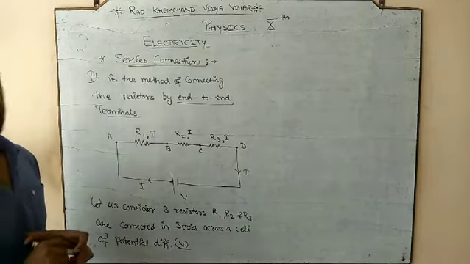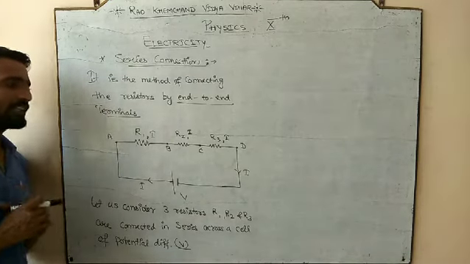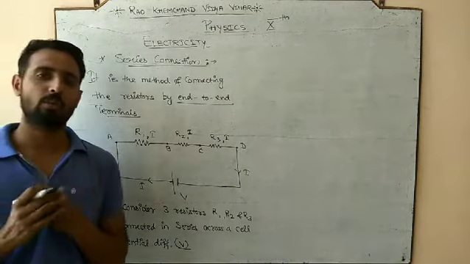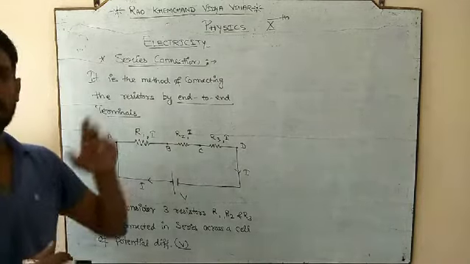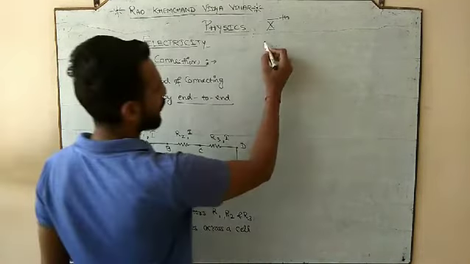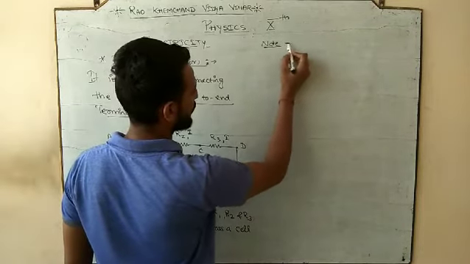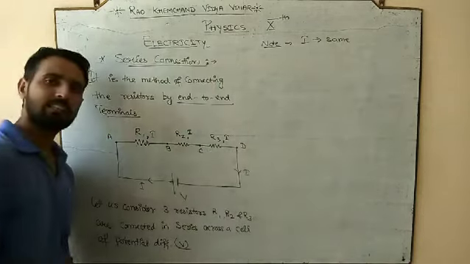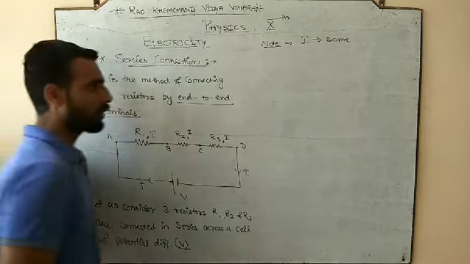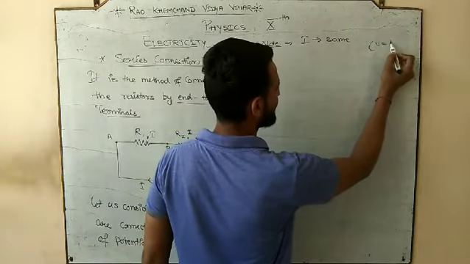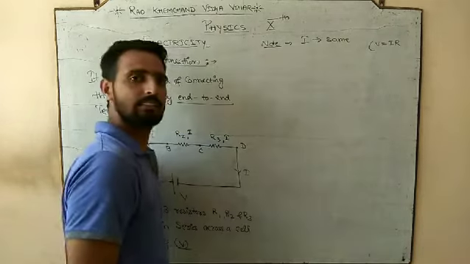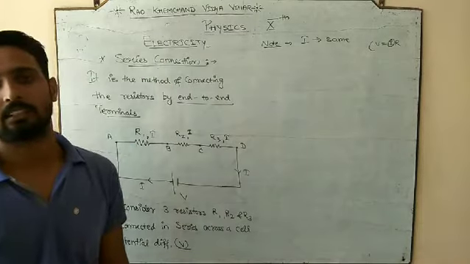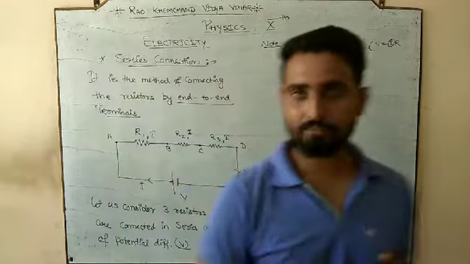So what is the point? The point is that when all the resistors are connected in series, there is one thing which is common to every resistor, and that thing is current. So in series connection, what is the important note that we have to mention? In series connection, the current always remains the same. But we all know that according to Ohm's law, V is equal to IR. But this I is constant, the same for everyone.